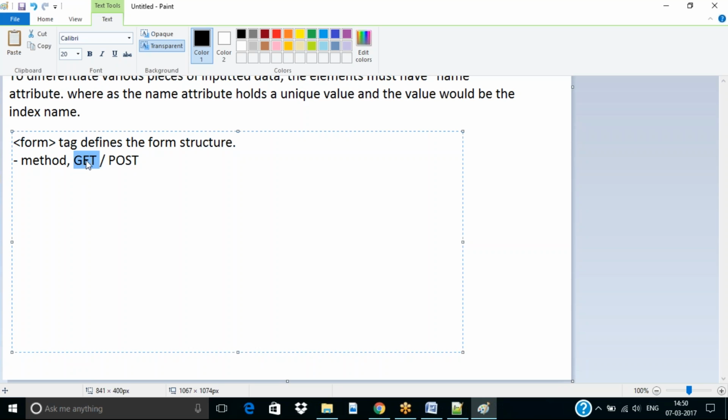Okay, but still the get method will be used for file downloads. If you want to request a file download, you can use the get method, because the get method will give you more performance when compared with the post method. It gives you high performance. The highest performance method here is the get method. The post method,